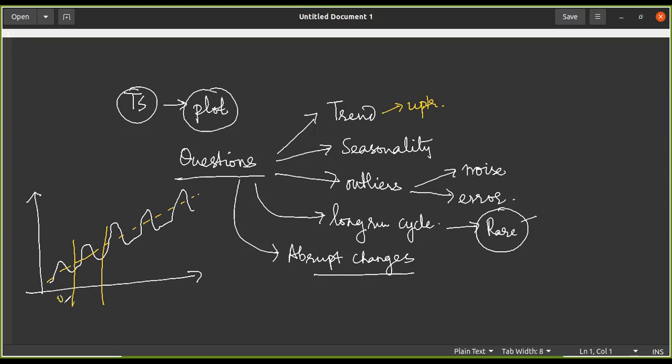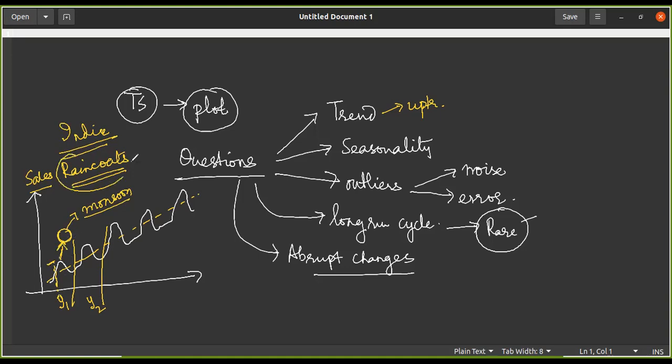If I consider this as one year of data, this is the second year of data, and so on, it looks like in the middle of the year something is happening. Maybe this data belongs to the sales of raincoats, especially in India, especially in our country. Why? Because it looks like the monsoon season. This part of the graph looks like the monsoon season. It is not early in the year or middle of the year like the summer season. So it looks like the monsoon season.